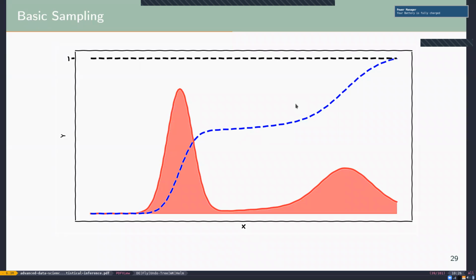So what I can write up is the cumulative distribution of that, which is the blue one. The blue one's now going to go from 0 to 1, right? Accumulation of this distribution. Now, if I draw a sample uniformly between 0 and 1, my random uniform number on this axis, and then I push that through the inverse of the cumulative distribution. Now you can see where the cumulative distribution has a very sharp edge,